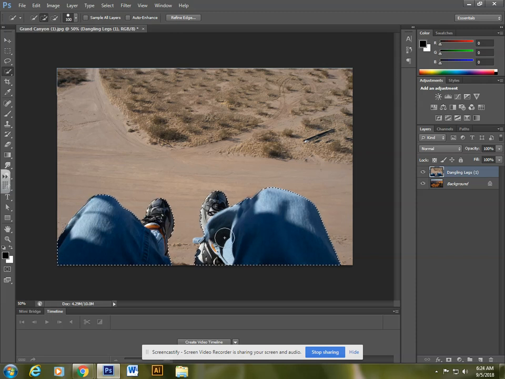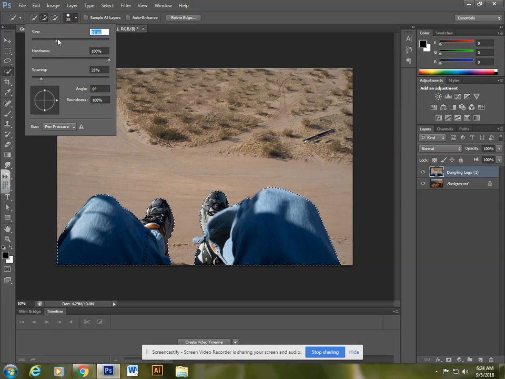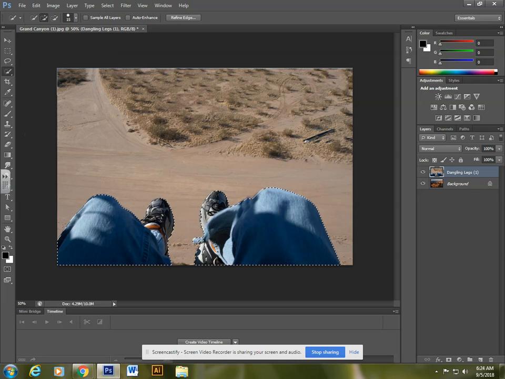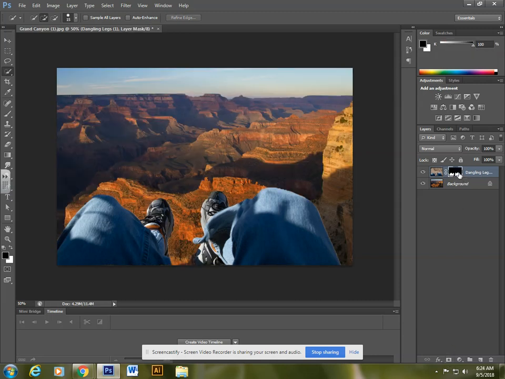So I'm clicking, kind of dragging around. I'm going to make my quick selection brush a little smaller. You can do so with your bracket keys, or if you prefer, you can adjust it up here. All right, that looks fairly good. So from here, I'm going to put a layer mask on this layer. You'll see it popped up there. Because I selected the legs, Photoshop knows that that's what I wanted to keep, so I don't have to inverse